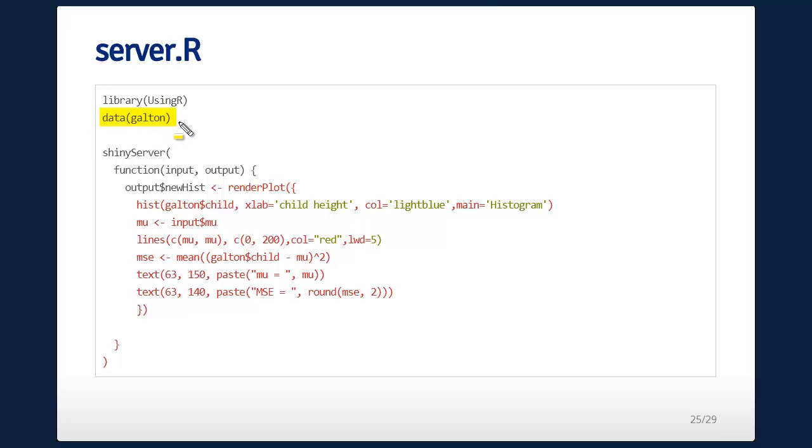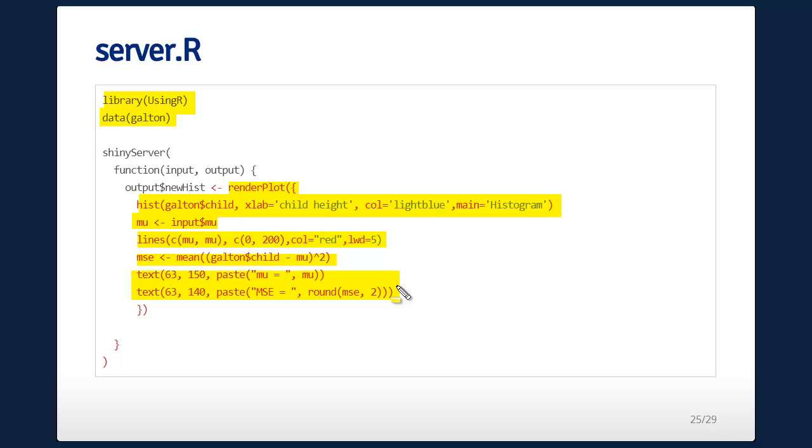It's telling them the data set that I need to grab, any library calls. So here render plot is like render print, only it's going to render a plot. Here's my histogram, and then here's just some generic R code. It grabs the input value, it adds lines at that input value, and then I give the person their mean squared error, and I tell them what their mu value and their mean squared error is. This all gets rendered in a variable called new hist